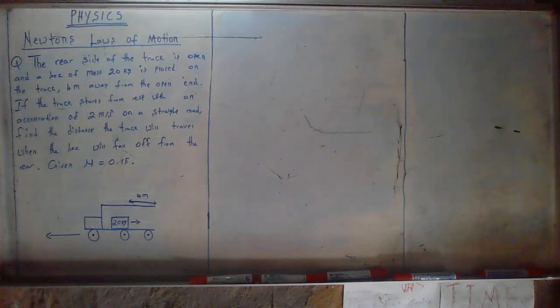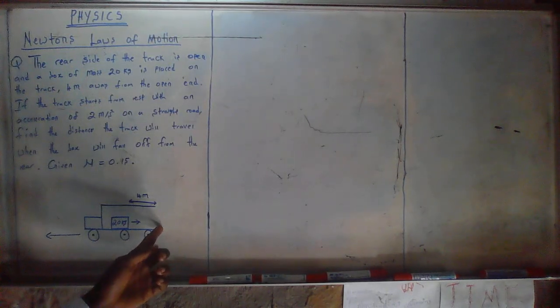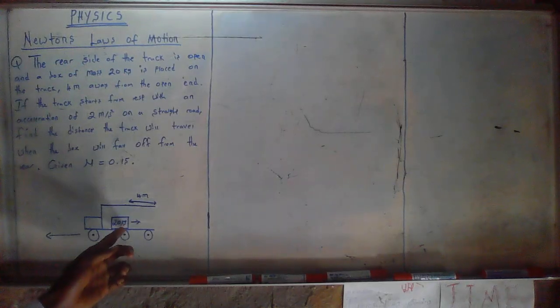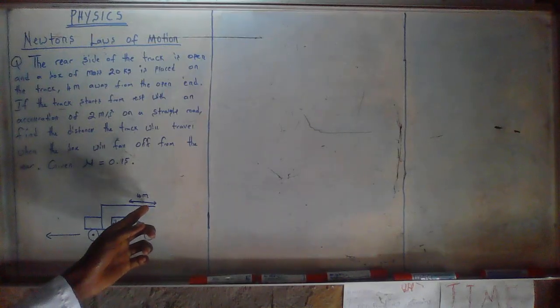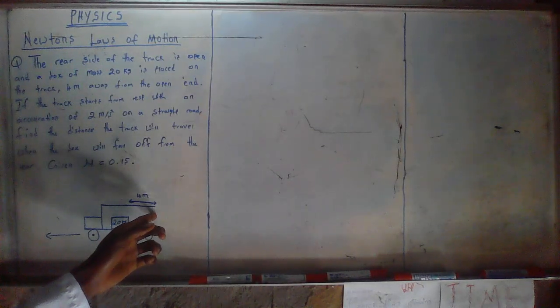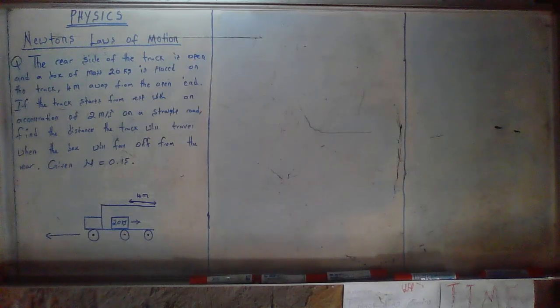Another question from Newton's laws of motion, which reads: the rear side of the track is open, and a box of mass 20 kg is placed on the track 4 meters away from the open end. If the track starts from rest with an acceleration of 2 meters per second squared on a straight road, find the distance the track will travel when the box will fall off from the layer, given the coefficient of friction to be